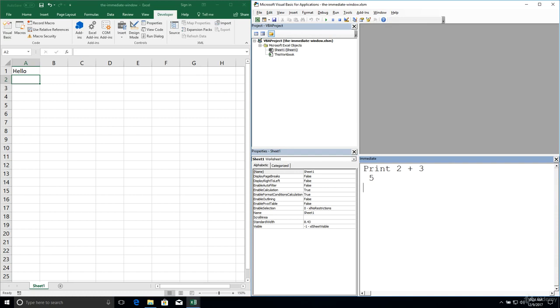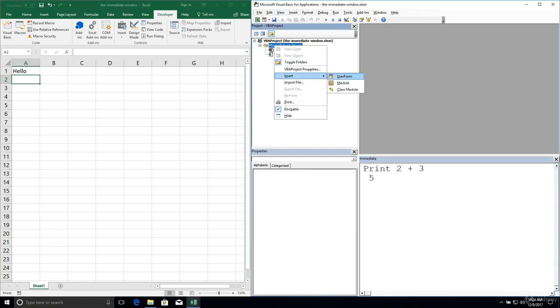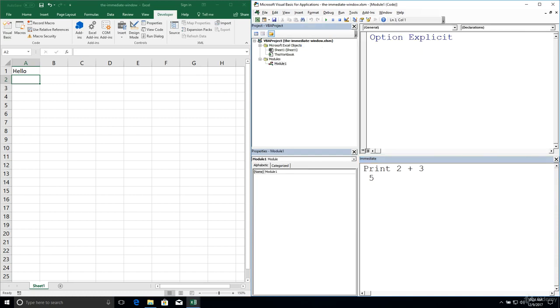Let's go ahead and create a brand new module to store our procedure. So insert a new module. The default module name of Module1 is fine for now. And I'm going to create a procedure here, again with a sub keyword, PrintStuffToConsole. Once again, we have to add on that pair of parentheses at the end. The Visual Basic Editor will automatically add End Sub for us, but you do have to remember those keywords in case it doesn't. And right here, in order to actually print something to the immediate window, we have to do this,